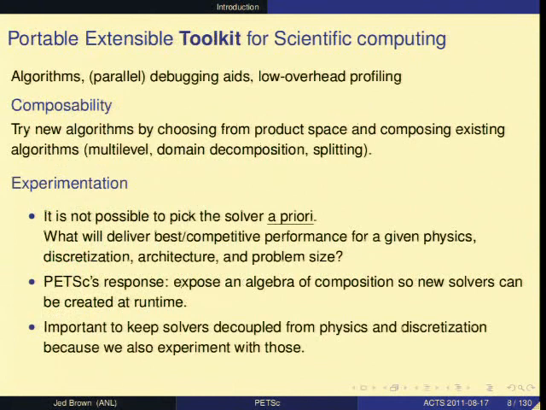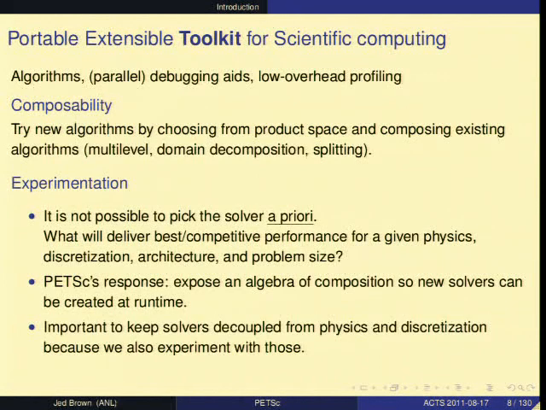So we can produce sort of black box algorithms, but for hard problems, black box algorithms usually don't work well. So you don't know what solver is going to work a priori. You have to learn something about your problem and generally experiment a bit to see what kind of structure is in there to develop a good solver. Of course, if your system is something that's kind of a standard example, then there will be advice on what to do, and black box solvers may work. But for hard problems, you're going to end up having to experiment.